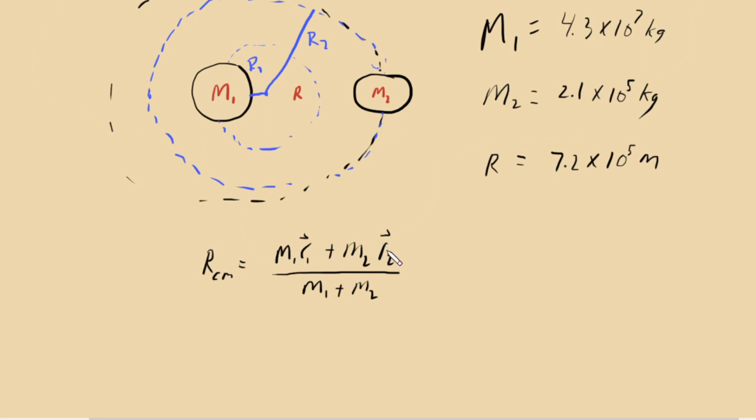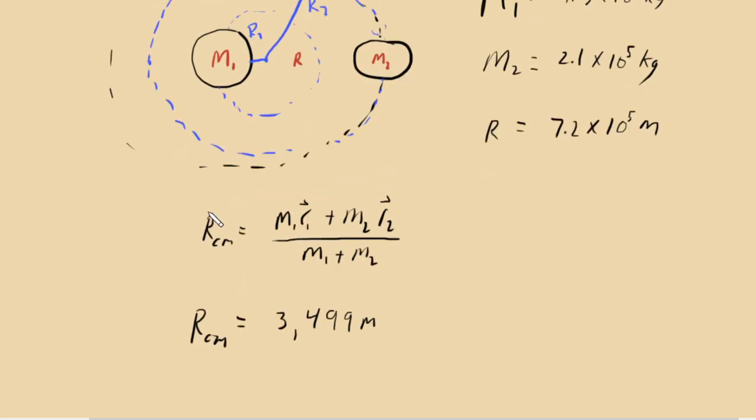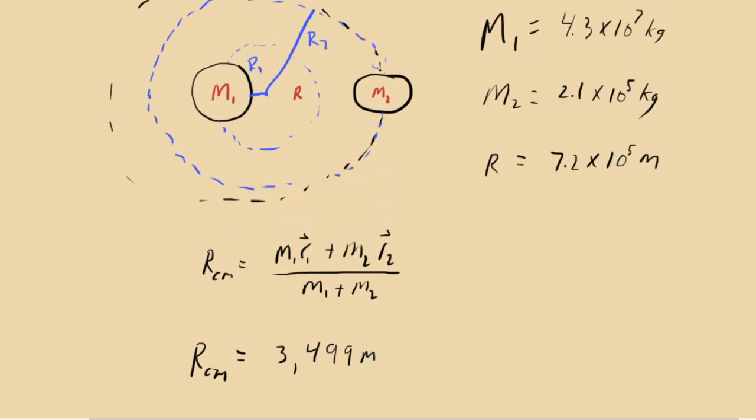So the easiest thing to do here is, because we know how far it is from the center of one of these objects to the other, we're told that, to represent radius 1 in this form here as 0, and make this our origin. Then radius 2, we know we could just pretend it's along the x-axis and is out at our radius that's given. So when we plug all that in,